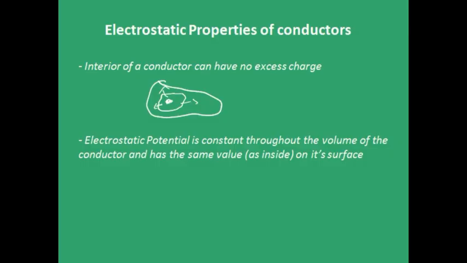Electrostatic potential is constant throughout the volume of the conductor, and if it was not constant, it violates the first, second and third laws. Actually these laws appear to be different, but all these laws go parallel. One law follows the other. So even this is the same thing. If the potential was not constant on the surface, it means that charges can move. It means that there can be an electric field component, which means that you're violating the other laws. So